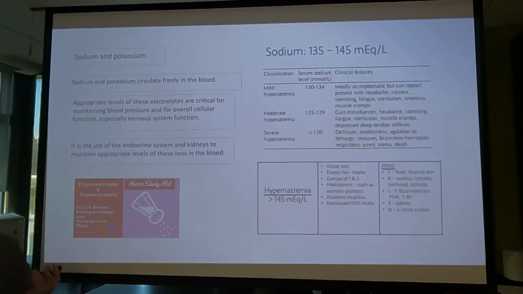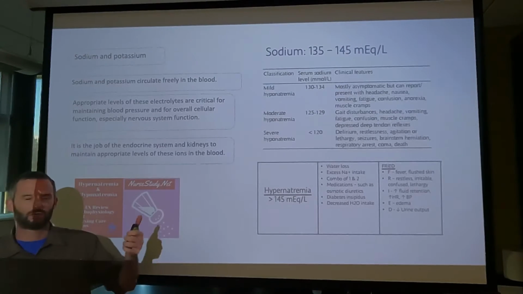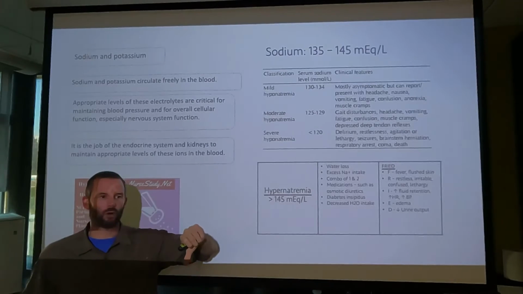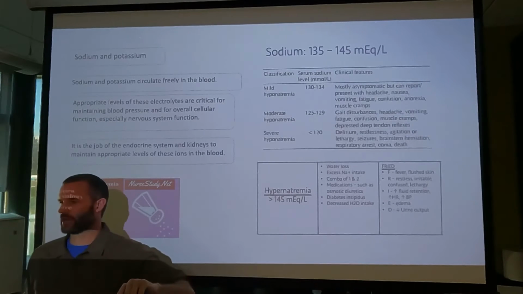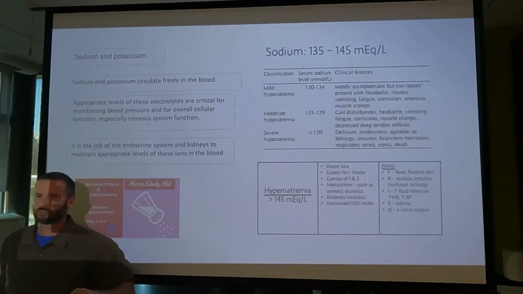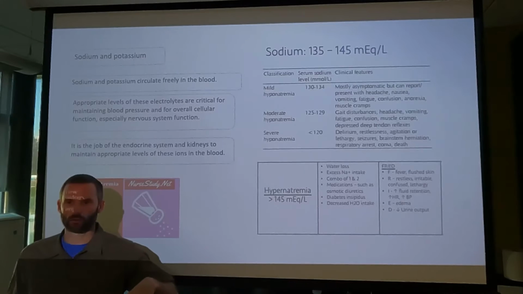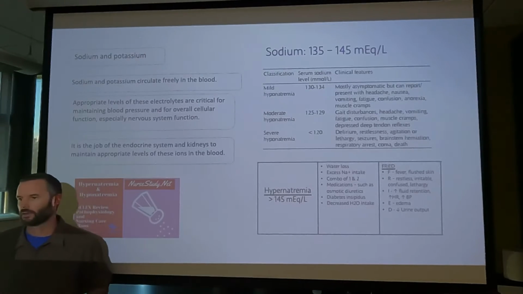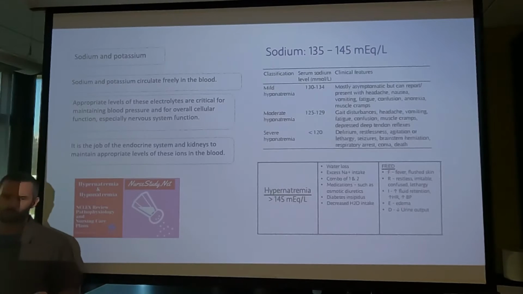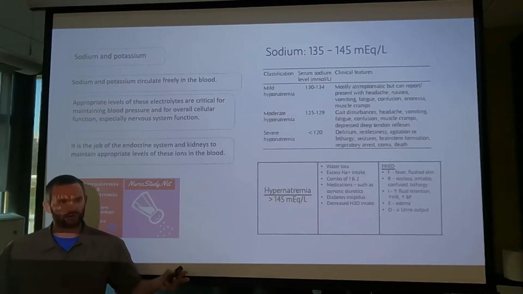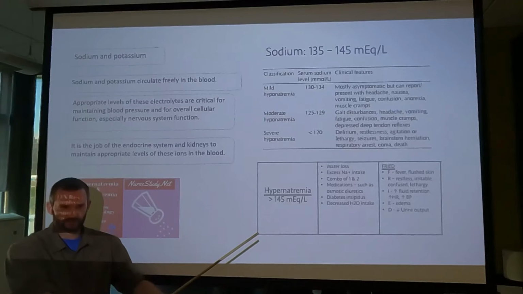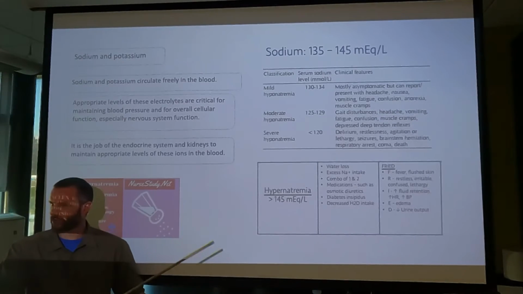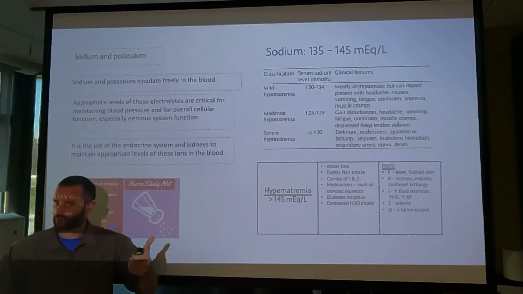If you have high levels of sodium in the blood, if you have hypernatremia, would you expect that patient's blood pressure to be high or low? It's going to be high. And the real easy way to think about that is wherever sodium goes, water follows it. So if you have sodium moving from the kidneys, from the urine into the blood, water is going to follow that. And what happens to blood pressure when you increase the amount of water in there? It goes up.